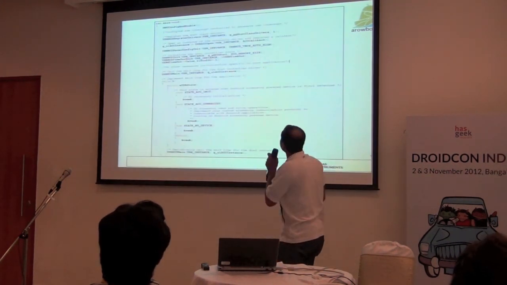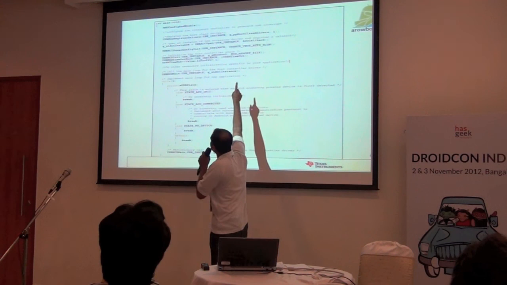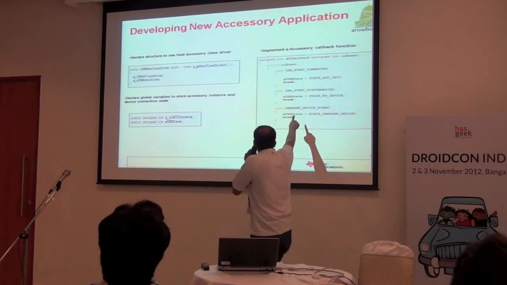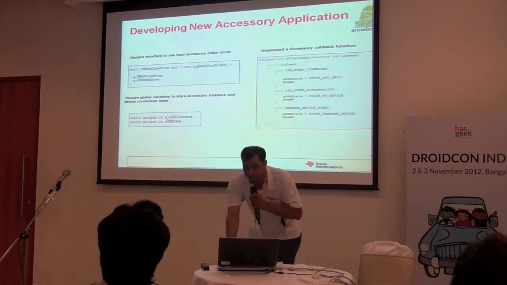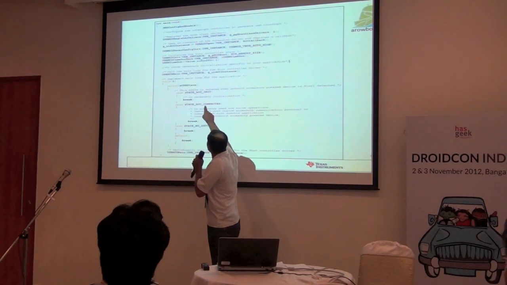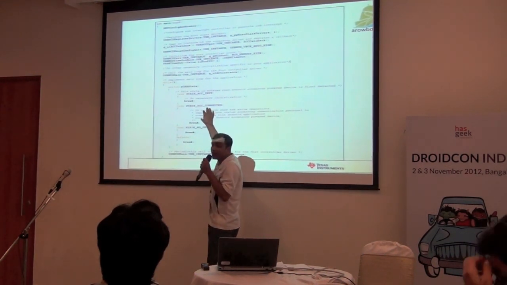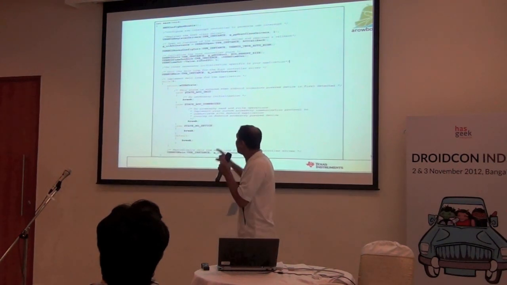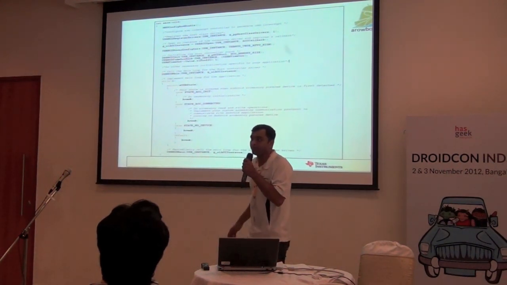And after that, this is the main flow. Once the USB state shown in the last slide is in init state or connected, you can just check for the state, and in the accessory connected state, you can write your custom protocol implementation using the accessory read and write API to communicate with your Android powered device.